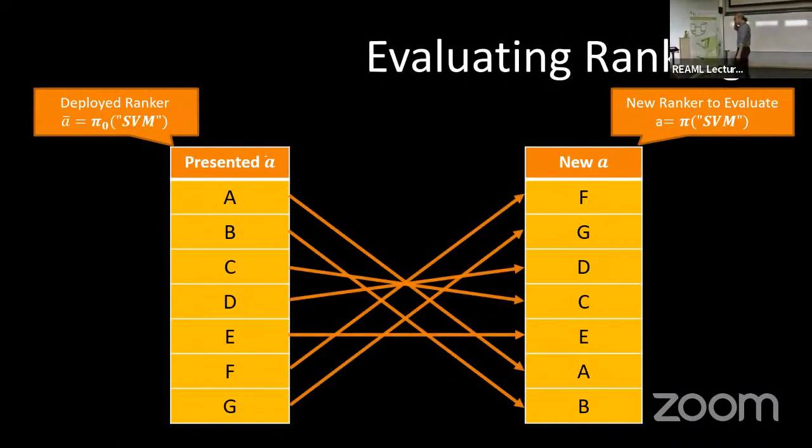Okay, so why is this hard and how can we overcome that problem? Let's say we just have the very simplest learning problem. We have two ranking functions, A and B, or pi null and pi, and you just want to decide which one is better. So that's a hypothesis space of 2. And they rank the same objects, but in different order.